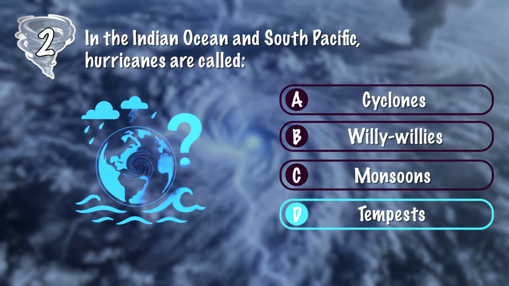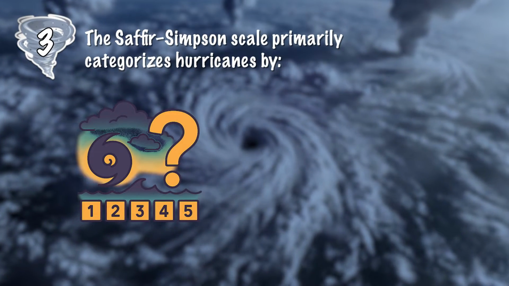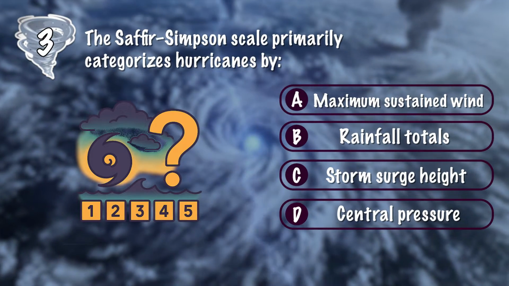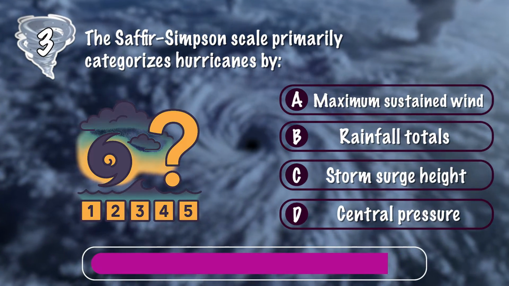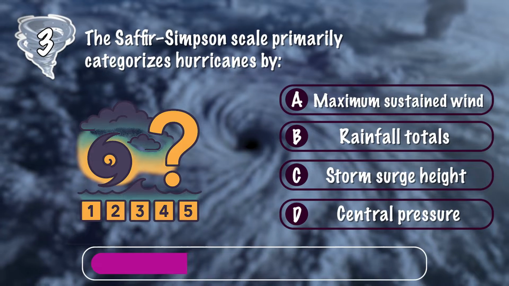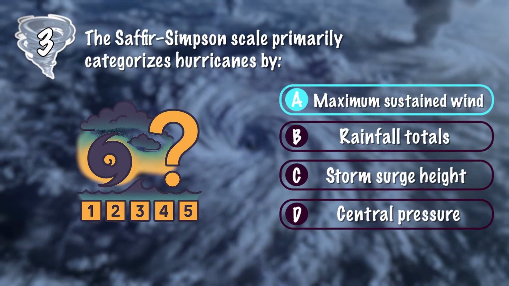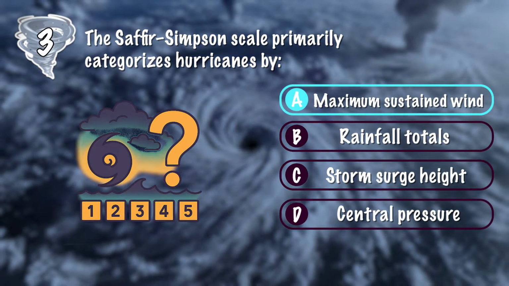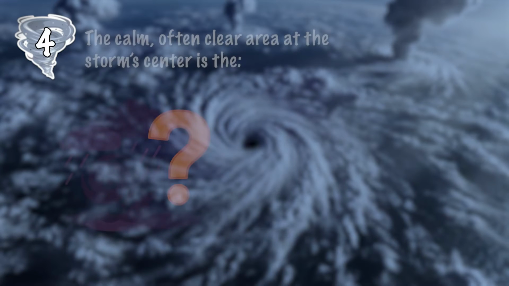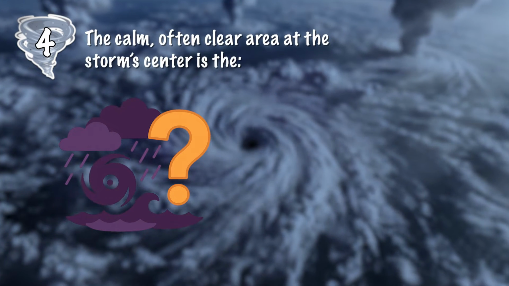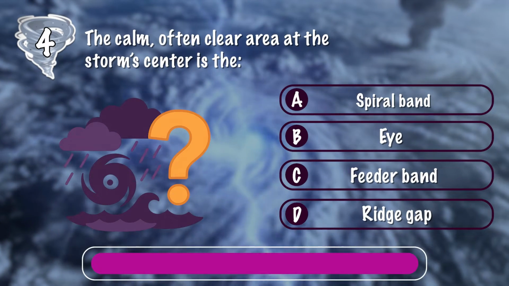correct answer D, tempests. The Saffir-Simpson Scale primarily categorizes hurricanes by correct answer A, maximum sustained wind. The calm, often clear area at the storm center is the